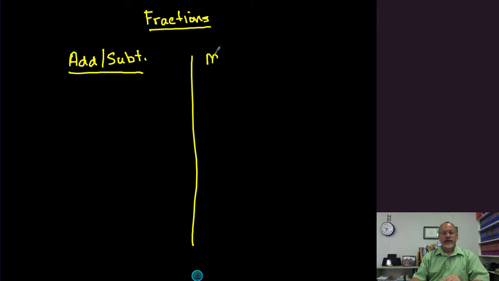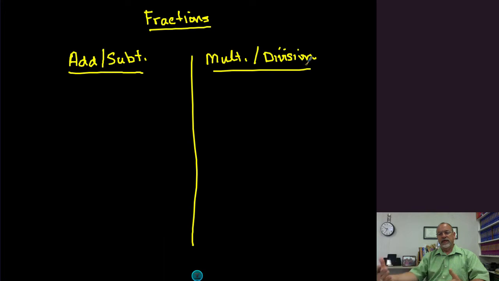The other two operations that you know are multiplication and division. And again, we group these two together because they undo each other. If I multiply a number by another number, I can undo that by dividing. And if I've divided something, I can undo it by multiplying. And again, the properties that we use for multiplication and division usually apply to both, but not necessarily.